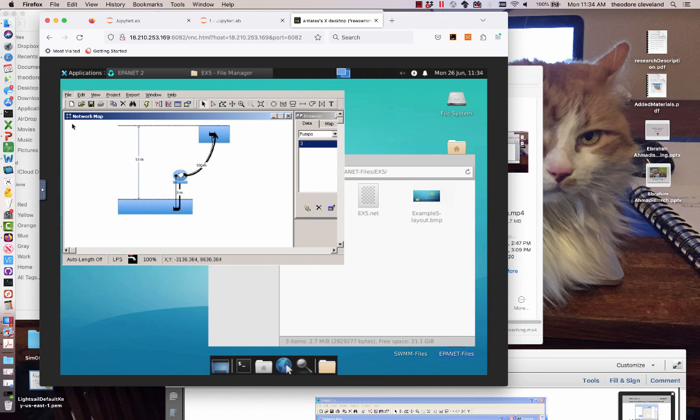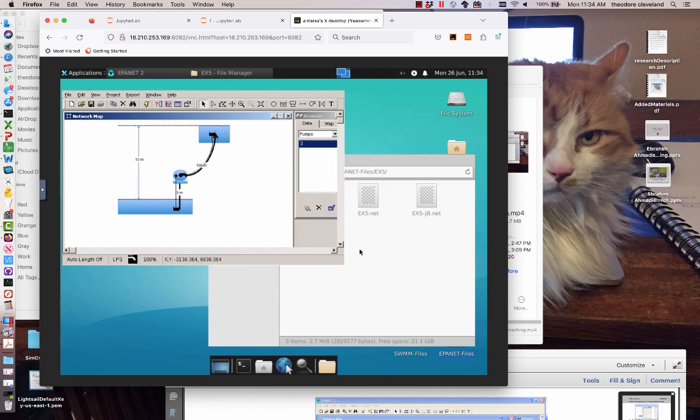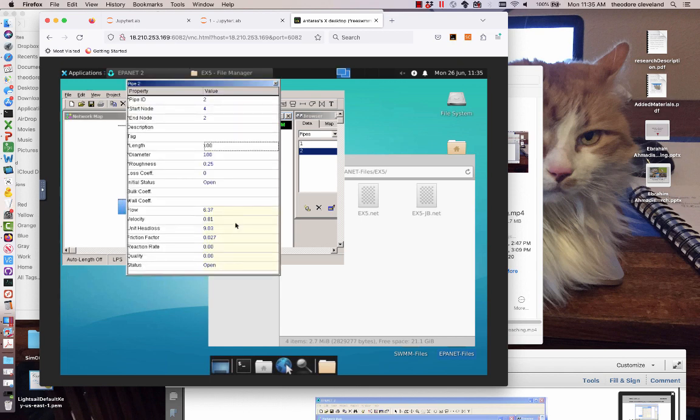So we'll save it as, we'll do a slight file name change. This is Jupyter Book Example. And I believe we're ready to run. Our run was successful, and if we pick on a pipe, it'll tell us that our flow rate is 6 liters per second. Keep that in mind, but we'll go ahead and